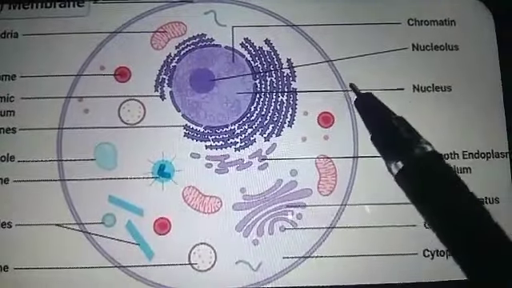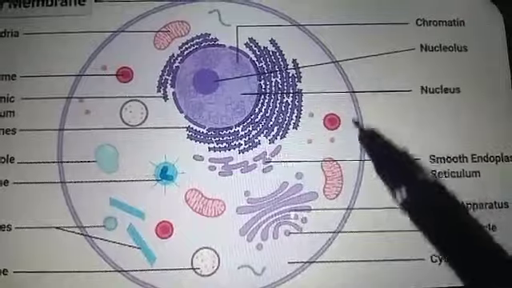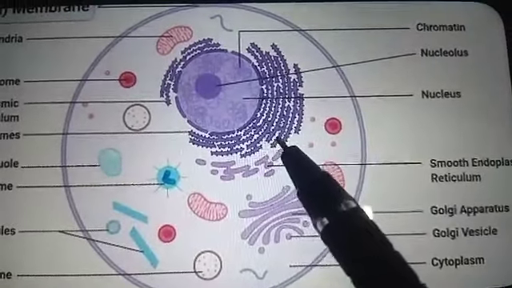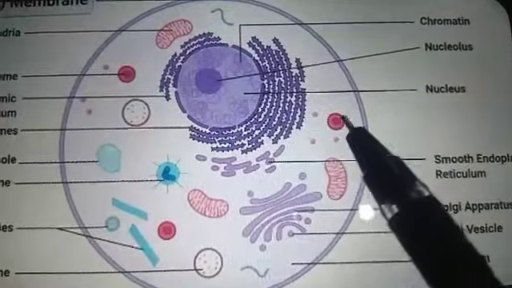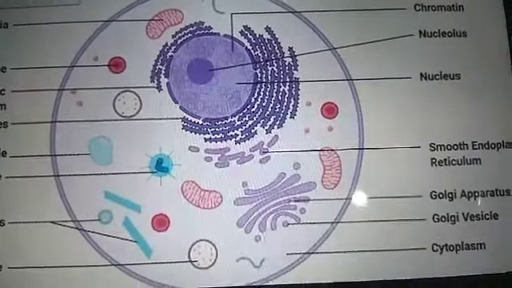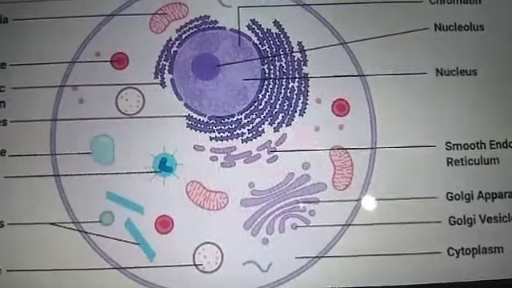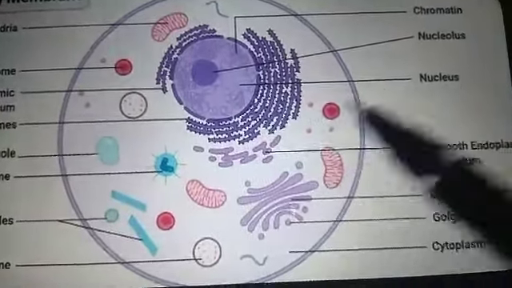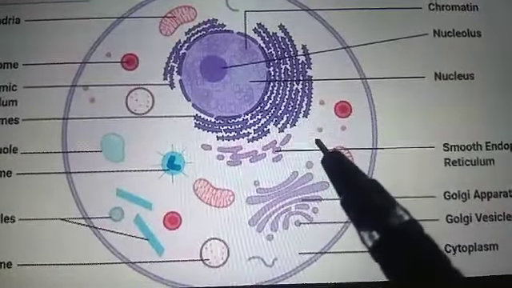So if any substance comes inside the cell, it comes through the plasma membrane. If the plasma membrane allows, then only it will come, and if any substance wants to move out from the cell, then only if the plasma membrane allows it. The important thing is that it allows only some material, not all materials. Means through this plasma membrane everything will not pass. It will allow only some materials.